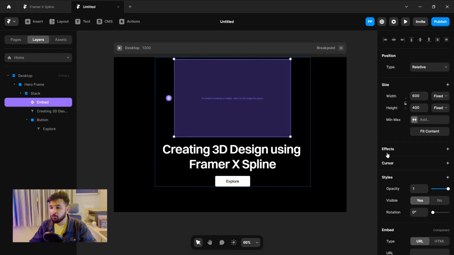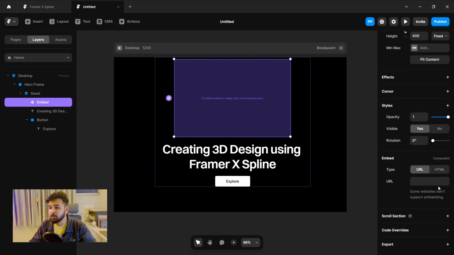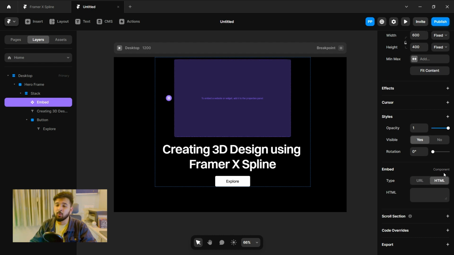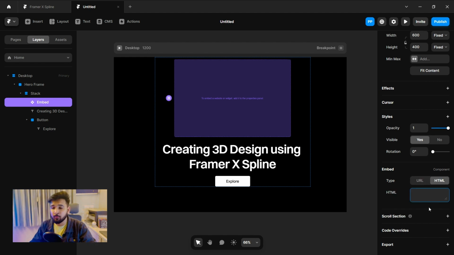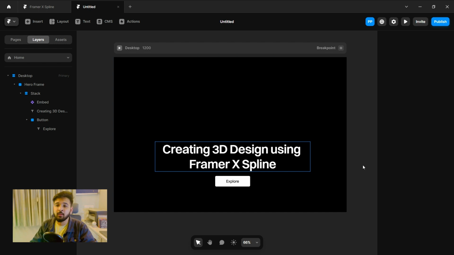And if you scroll down here, you can find an option of adding a URL or adding an HTML. URL is the public link that will be provided there, but right now we have copied the embedded code, so we will just paste that code that we had here, and within just a few moments the 3D thing has appeared